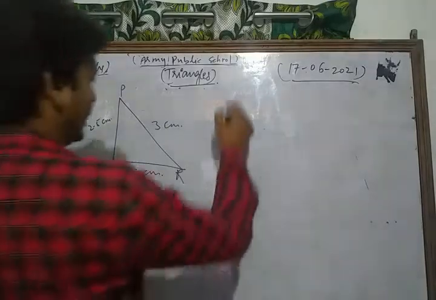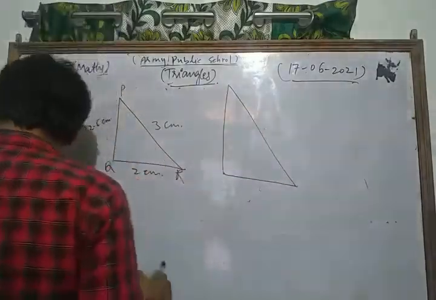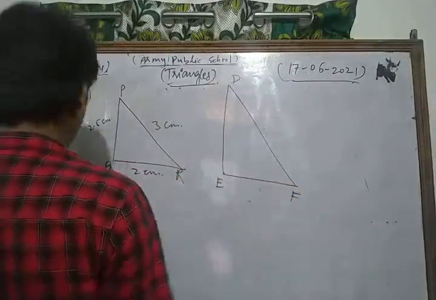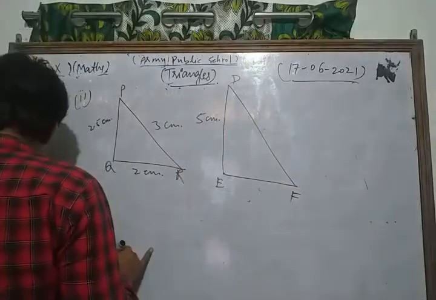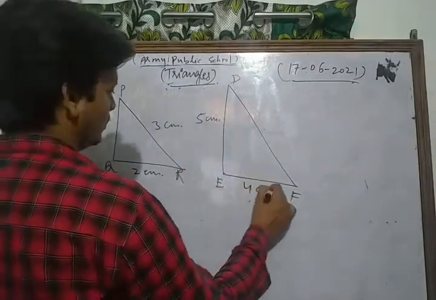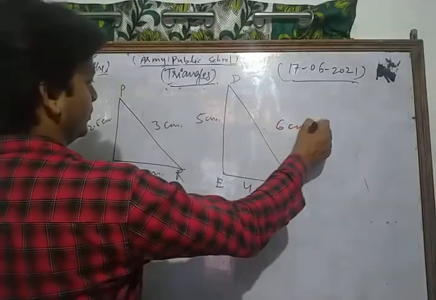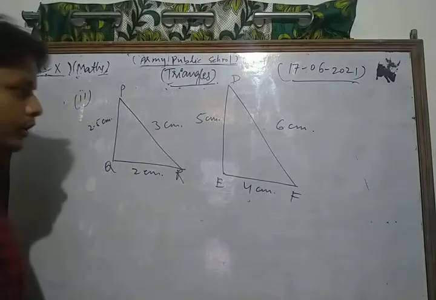Okay, and the second triangle is DEF, which is 5 centimeter, 4 centimeter, and 6 centimeter. Okay, now